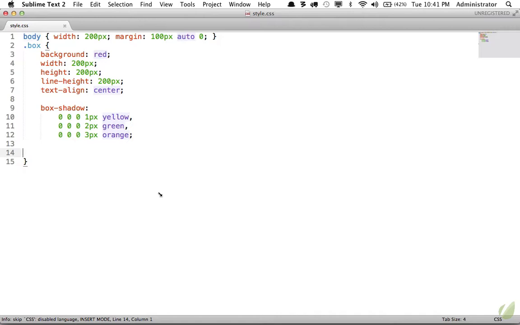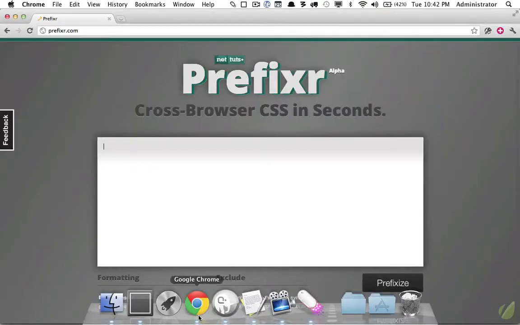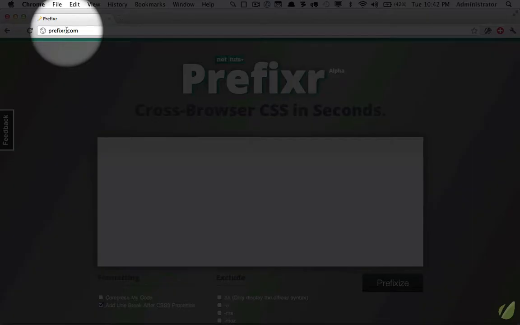But now we're at a point where if we want to support as many users and as many browsers as possible, we want to provide support for not only the official syntax, but also those vendor versions so that Box Shadow will work in even older versions of Firefox or older versions of Chrome that do not support this new syntax. So if you're working along, point your browser to prefixr.com,